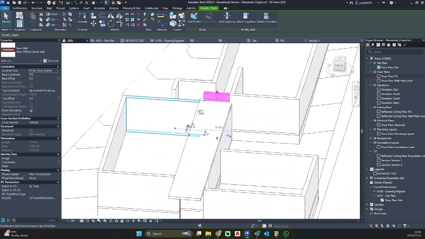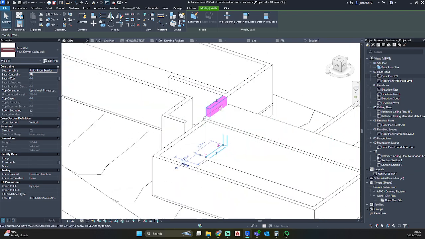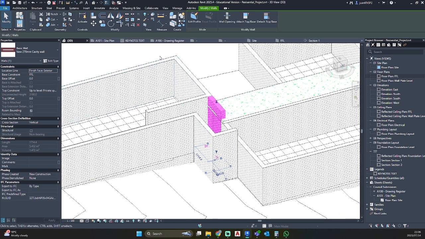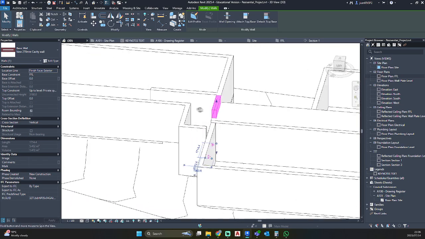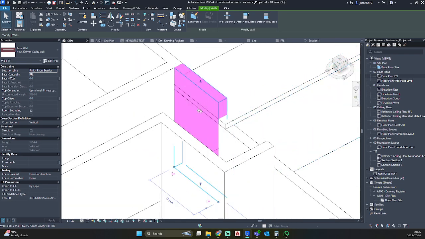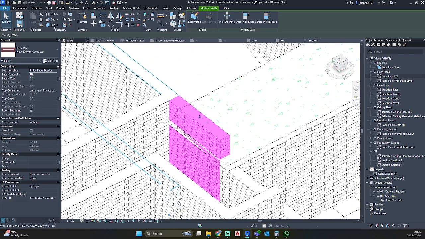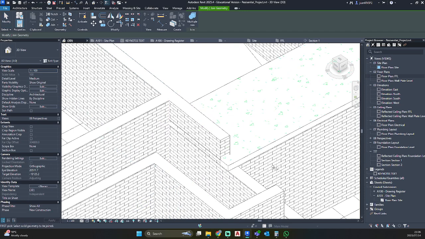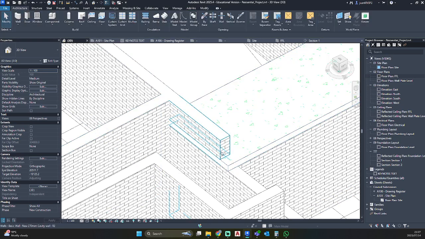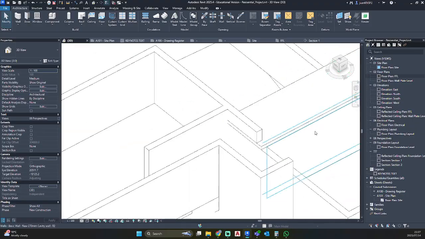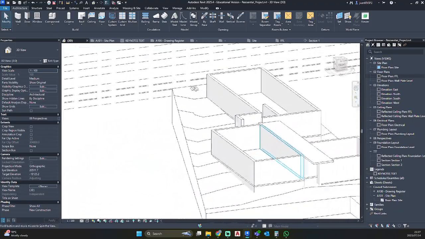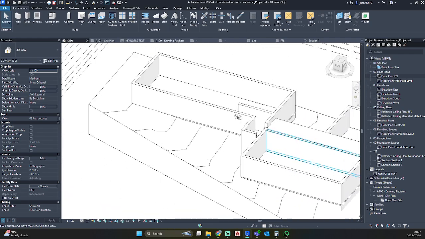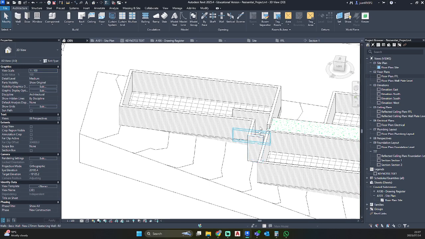So now for this, as this wall would need to be high enough to carry this concrete roof up top here as well. As you can see, it is cutting there, so we could just go join in the top ribbon, select our floor slab, select that wall, and then Revit will create a clean finish there for us. So let's go ahead and create our other concrete slab over here.